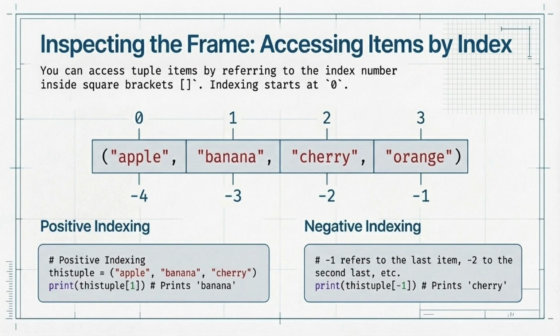For example, if this tuple is assigned apple, banana, cherry, accessing this_tuple[1] returns banana, while accessing this_tuple[-1] returns cherry. This indexing mechanism makes it easy to retrieve specific elements from a tuple, whether counting from the beginning or from